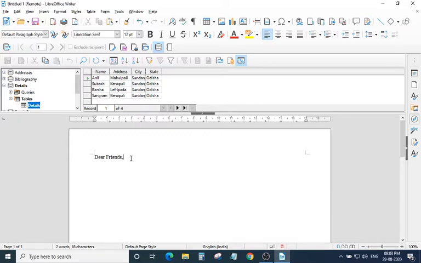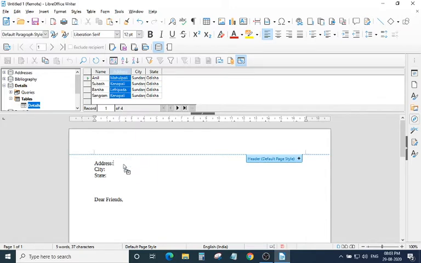So what you have to do, I will type here address, then city, then state. These are the things. Then I will drag this and drop here. Simply drag this and drop here. Understood or not?